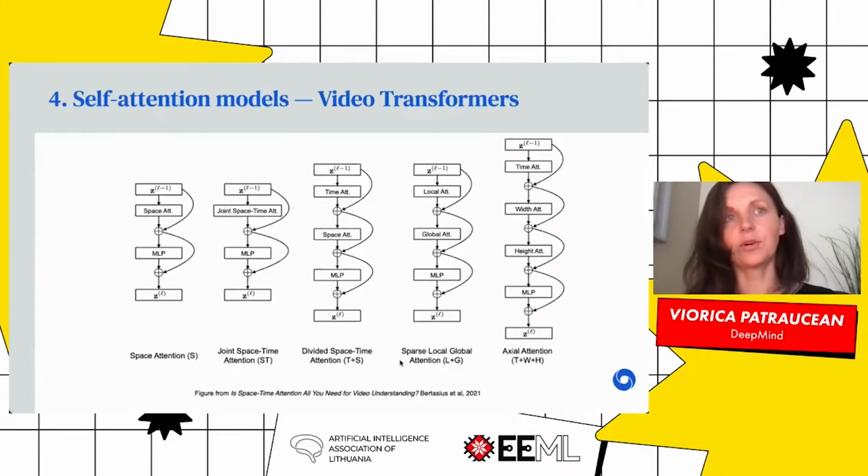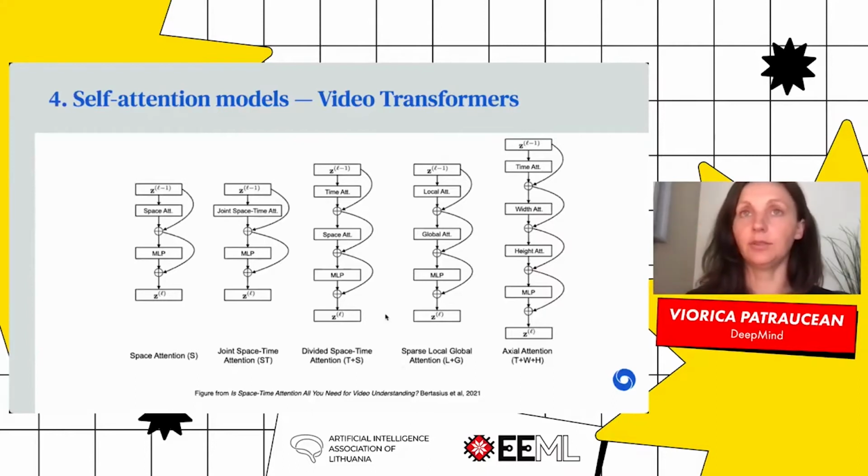Here, for example, in this paper, the model is TimeSformer. They compare different ways of applying self-attention. You can apply self-attention only within a frame and then simply aggregate over time, or you can actually do self-attention within the frame and over the time sequence. So they've investigated the different dimensions, how to extend the self-attention to the time dimension, and they obtained very good results on different benchmarks in video processing.